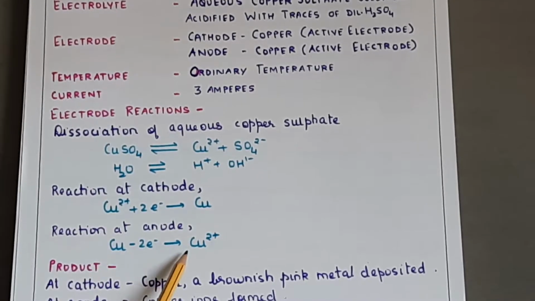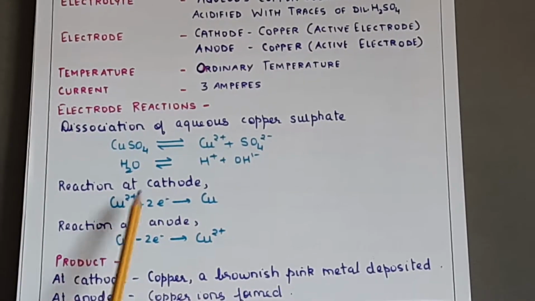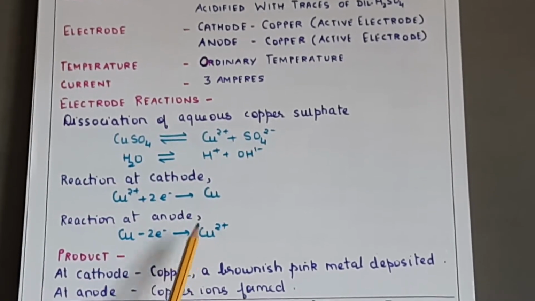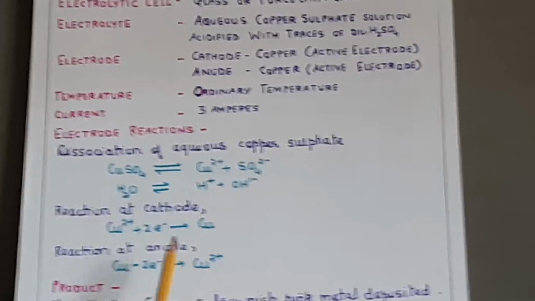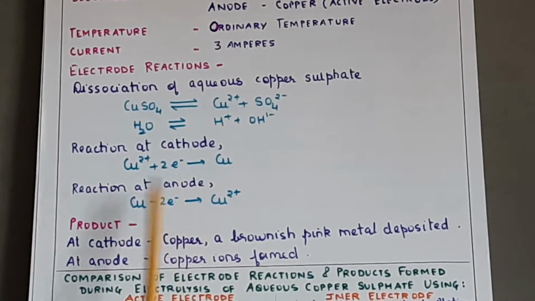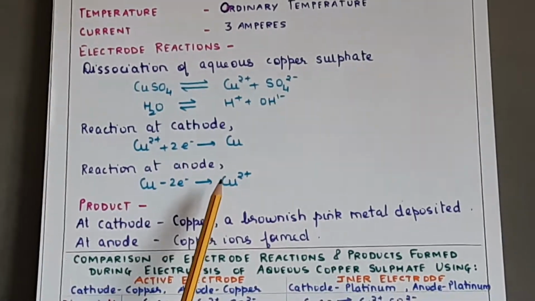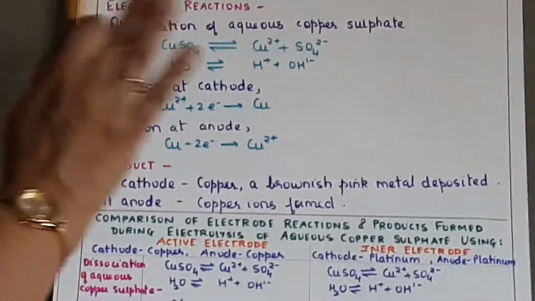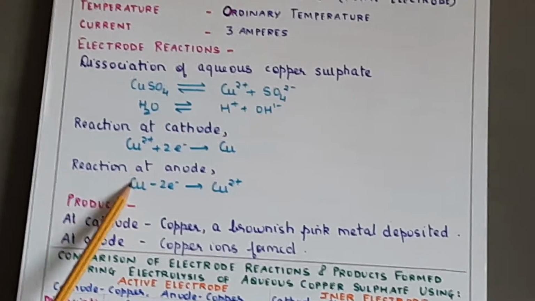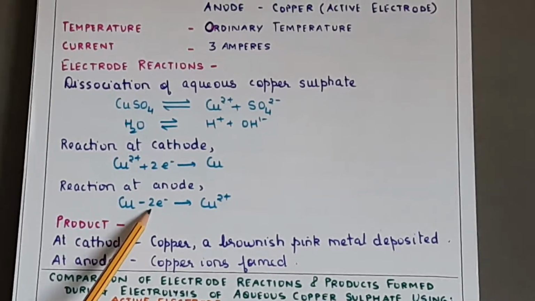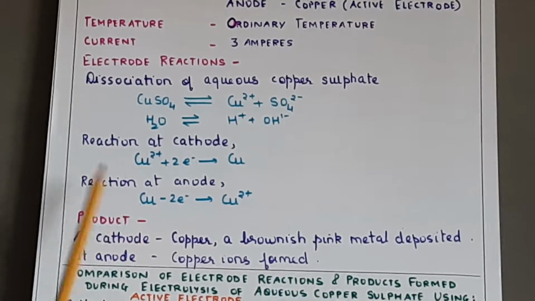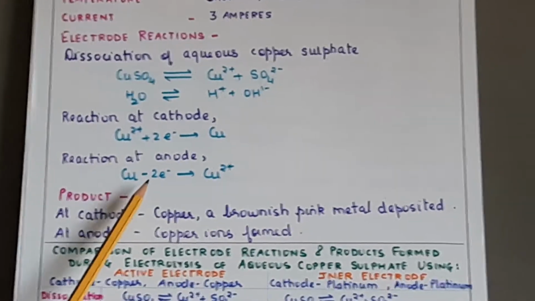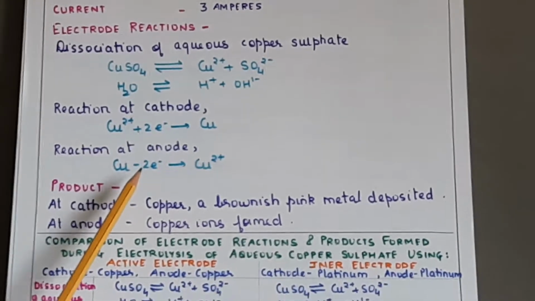Yes, so replacement is taking place. Here one copper ion is forming neutral atom, and again at anode copper ions are getting formed. So the blue color of the copper sulfate solution remains almost intact throughout the electrolysis. And second observation with reference to the entire process, if you observe, copper anode itself is losing electrons. So gradually this copper anode will go on decreasing in size. So the copper anode will go on diminishing in mass. This is your second observation.